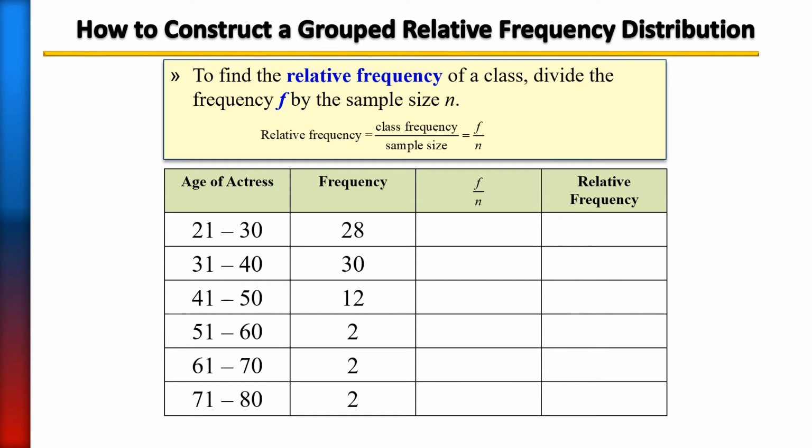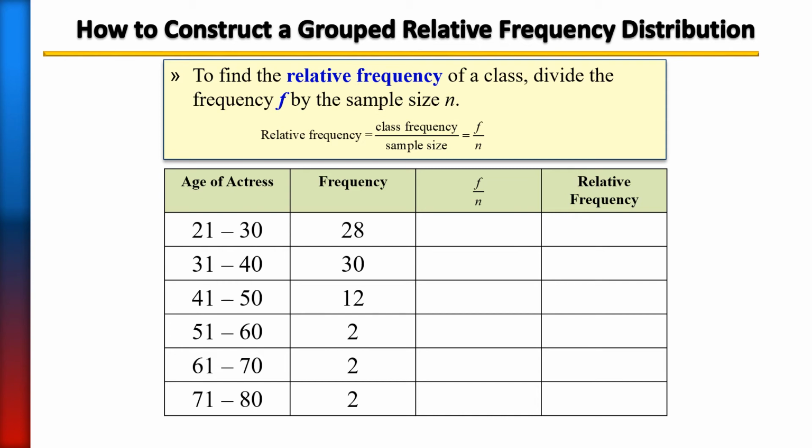So here we have the frequency of each count, that group that's within your frequency distribution table. Example, we said before, between the ages of 21 and 30, we had 28 actors and actresses. Between 31 and 40, there were 30, and so forth. So let's go ahead and begin calculating the relative frequency for the first group. That's going to be 28 on top because that's your frequency, number of people within that group,